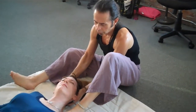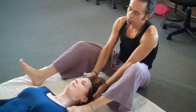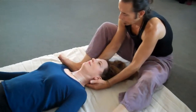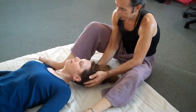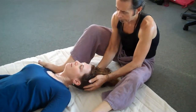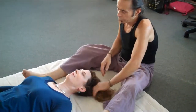And you want to hold for a couple of breaths, and then bring back, and then change so that this foot now is stabilizing this shoulder. Have them take another inhale, and on the exhale laterally flex to the other side, and hold at point of resistance. And then back to center. Then you're going to move closer,